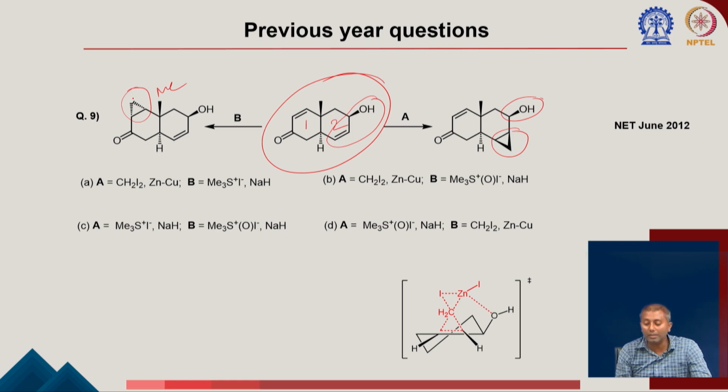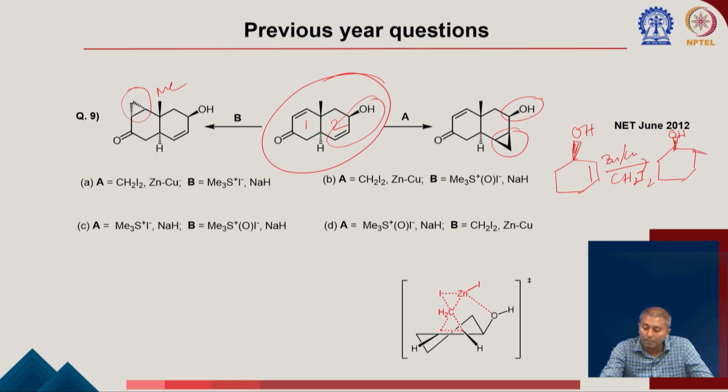So, if you remember one thing, I think I taught you that if you have this type of allylic alcohol, I think this was also taught in the case of the mCPBA epoxidation, same for the Simmons-Smith cyclopropanation. In every case what you find out is that if you have an OH group which acts as a directing group, then if you use zinc, copper and CH2I2, you will end up forming a cyclopropane on the same side of the OH. And I clearly explained to you that oxygen is going to form a chelate with the zinc,